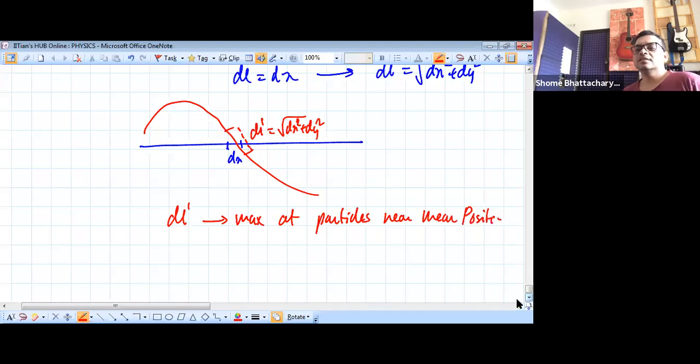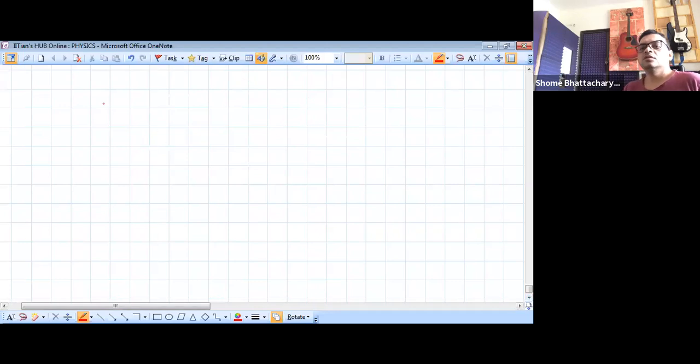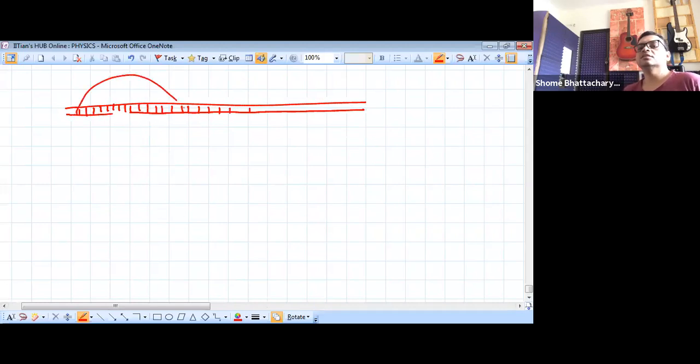You can also think of it like this: if you take a rubber band, and when it's in this kind of position, you make some vertical ink marks on it which are equidistant. Now you stretch out the rubber band like this. The moment you stretch it out, you will see